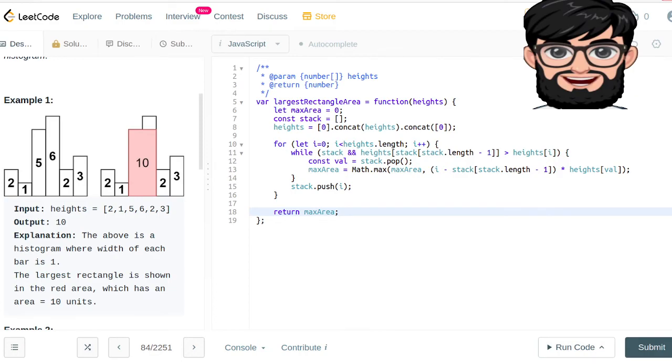We are popping the value, and then when we are calculating it, we are saying either it's the max area or it's the width of that. Oh,